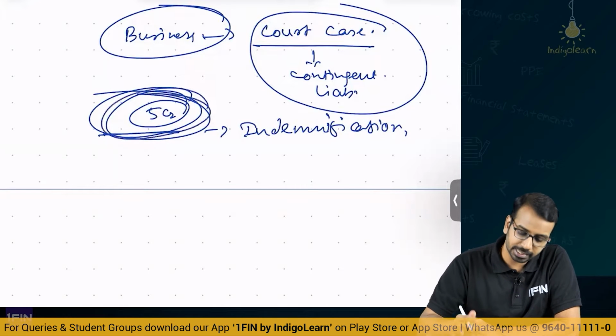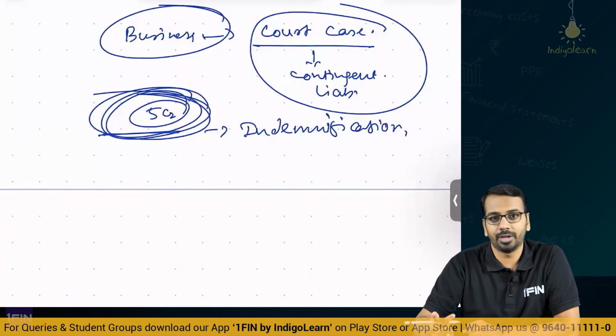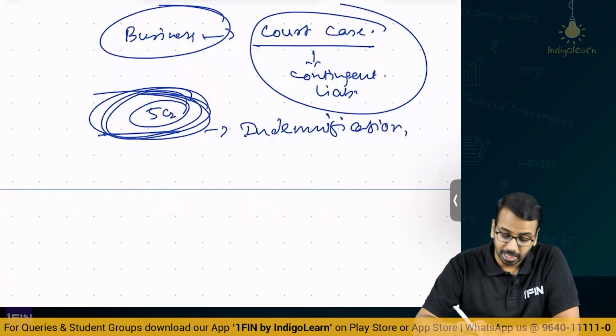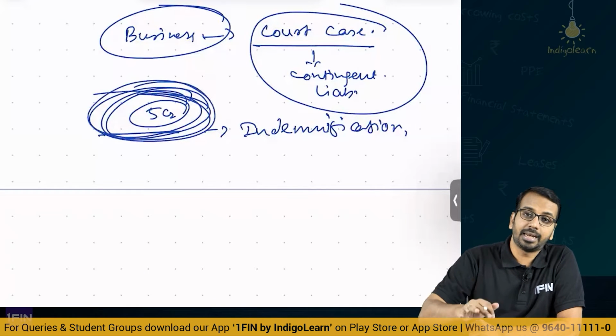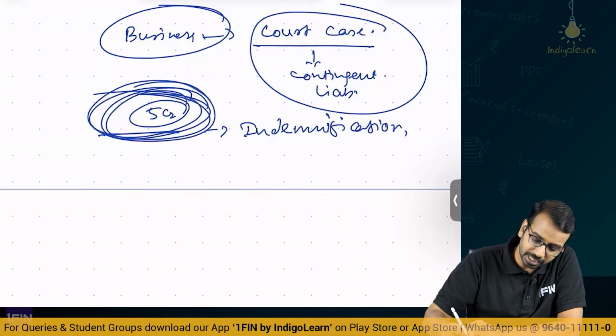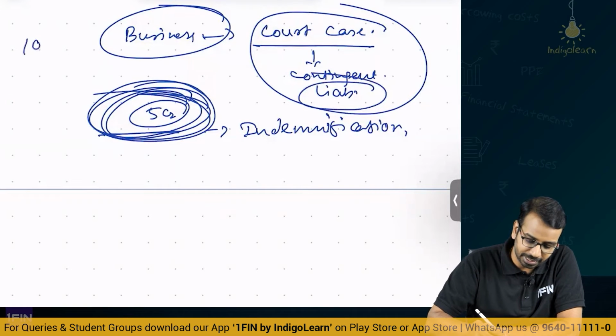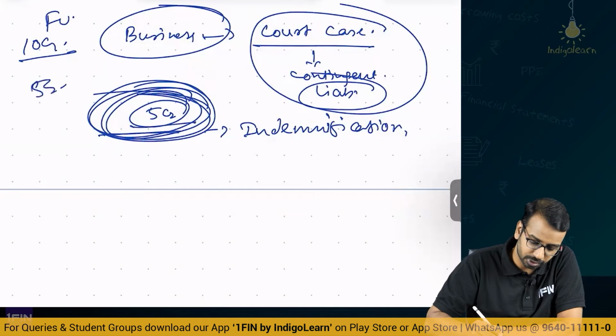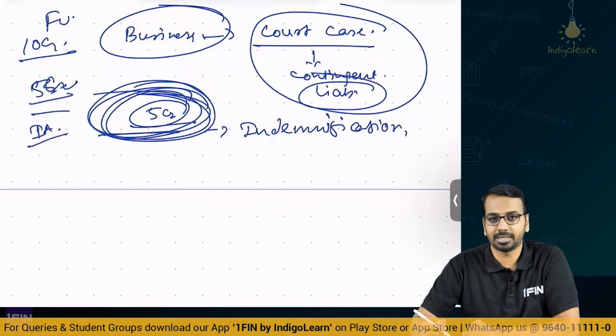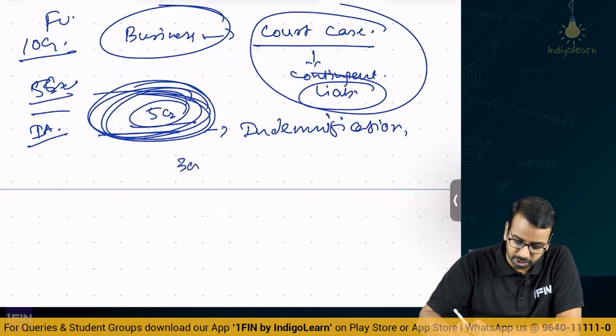Now how do we account for this? See, if I am getting reimbursement from somewhere, that has to be my asset, correct? How do I account for this? The standard says, to the extent you have recognized the corresponding liability, let us say the liability is 10 crores, fair value, 5 crores will be reimbursed. So 5 crores you recognize as an indemnification asset.